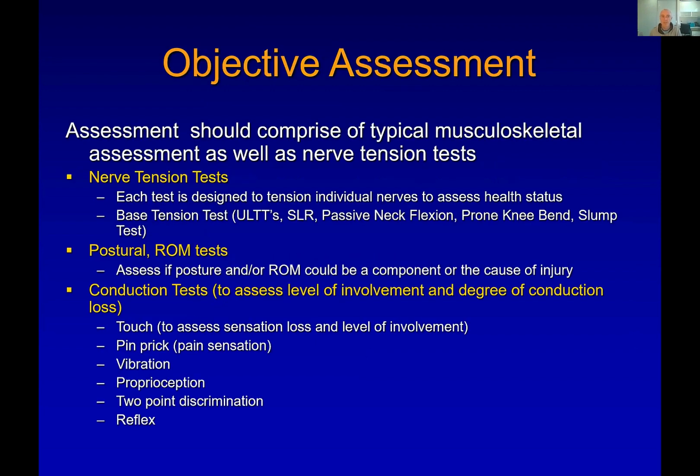Yeah. Objective assessments. So these are the things that we use to prove or deny our suspicion that a nerve's involved. Same as any test. That's why you do these objective tests. I think it's this. Let me test for it. Yes, I'm right. No, I'm wrong. Right. The nerve tensor tests, we won't go through now, obviously, but nerve tensor tests in the upper arm, you've